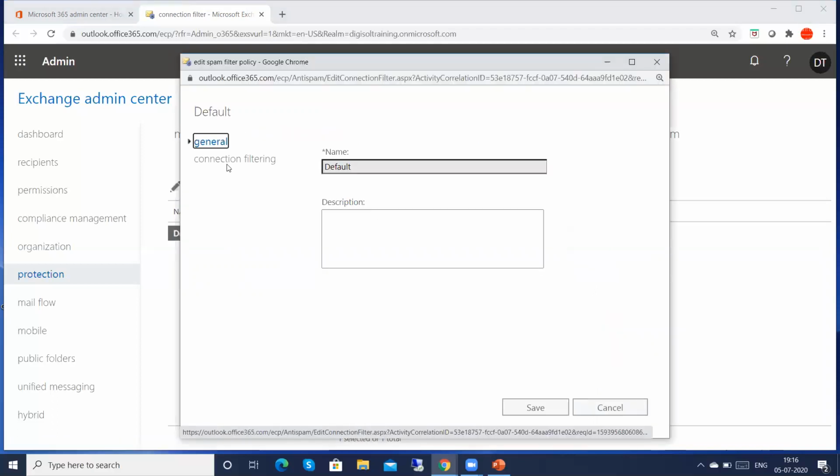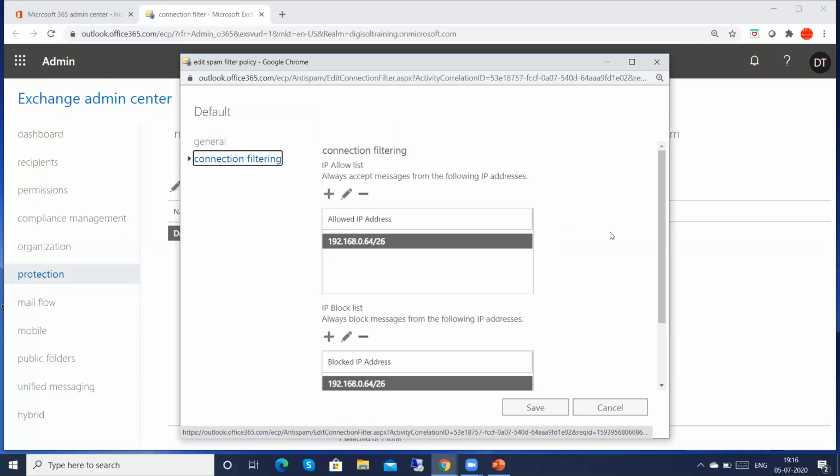In connection filter, we can just add or block IP addresses. Here you can see connection filter, IP allowed list. So you can add here which IP addresses are allowed, so messages from those IP addresses can be accepted.